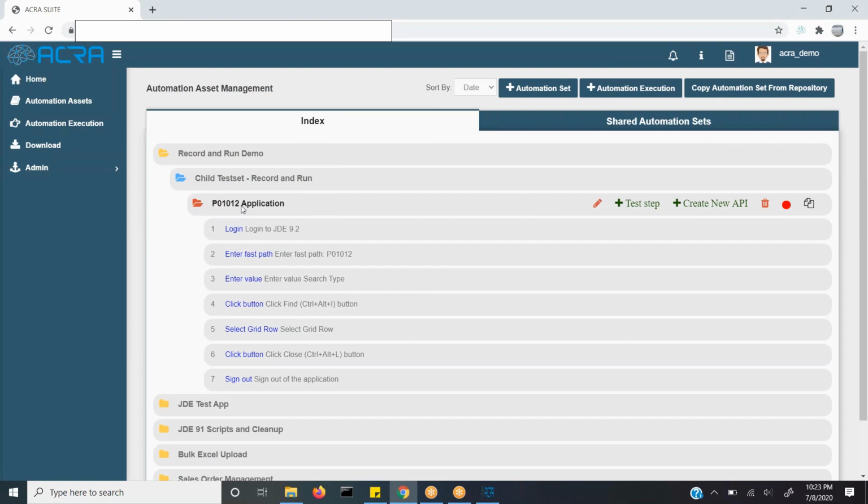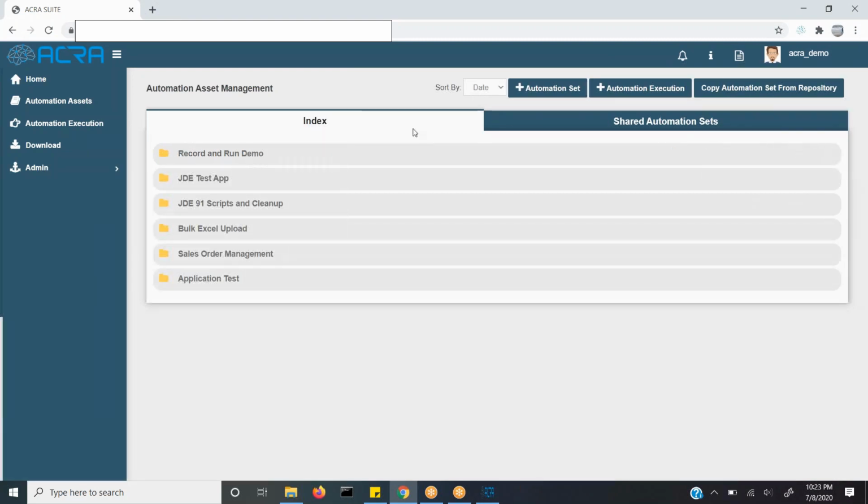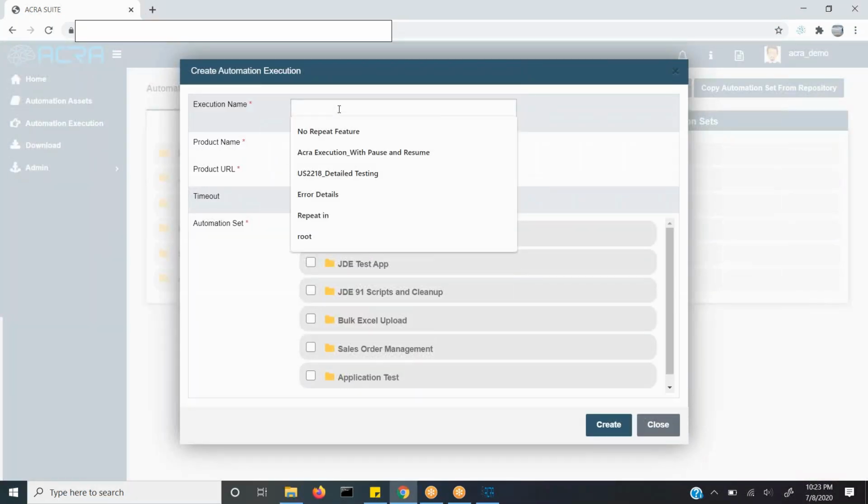To run this test case, we need to create an automation execution. Click on this Add Automation Execution button and enter the execution details.